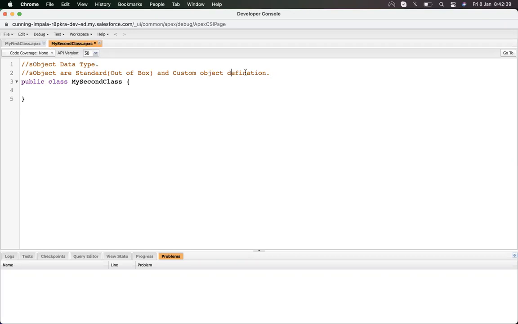Whenever we are talking about sObjects, it's actually a generic name for the standard and out-of-box objects, and it contains all the definitions that a standard or custom object has.